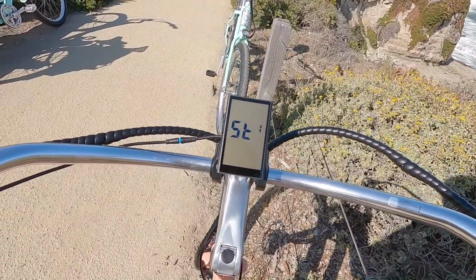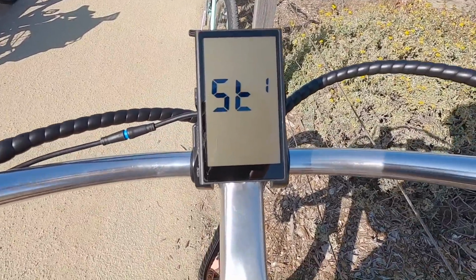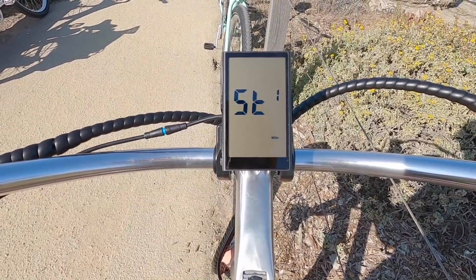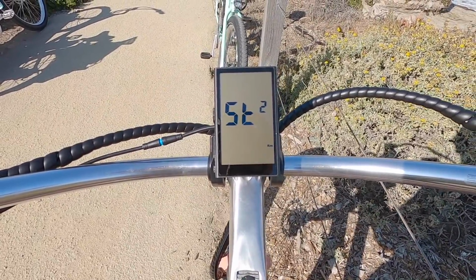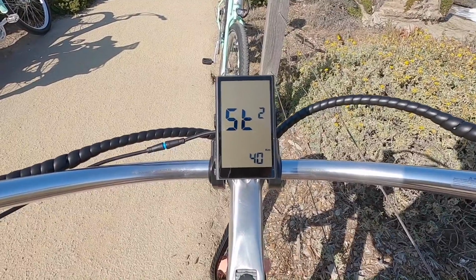And then the last secret is if we hold up and down simultaneously, we get these settings. The first one is, do you want miles or kilometers? So it's a unit selection right down there. The next one is top speed, in kilometers. You can go all the way up to 40, and that doesn't mean it's going to go 40, but it